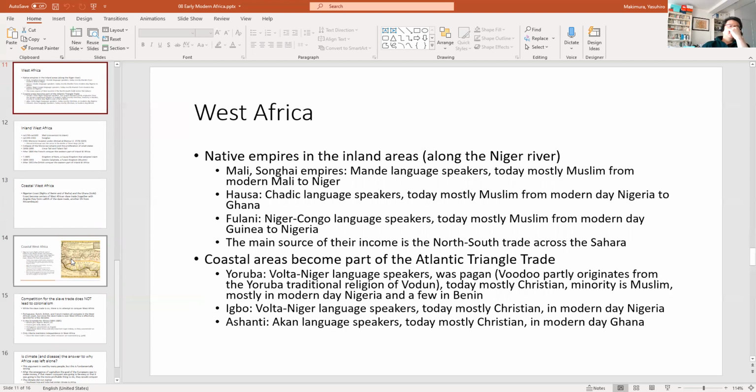So what happened here? West Africa also has a long history of slavery, and this is because the northern part of West Africa is the area where you have these giant Muslim empires. Probably the most famous is the Mali Empire, but you also have the Songhai Empire, and you have these empire builders that periodically rise to create empires in the north, and they're mostly Muslims.